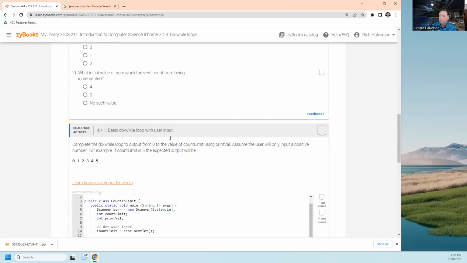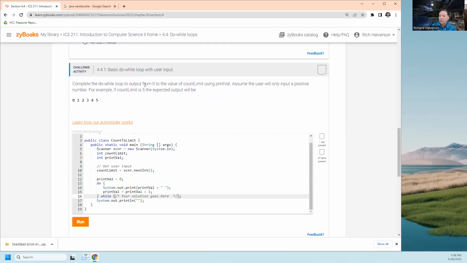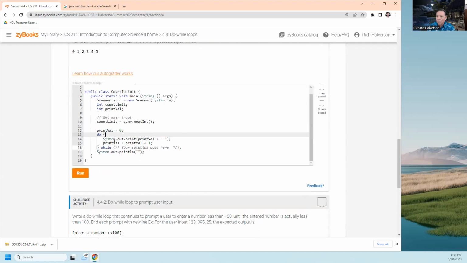Complete the do-while loop to output 0 from 0 to the value of count limit using print val. Assume the user will only input a positive number. For example, if count limit is 5, then the output will look like this. Okay, so we read in a count limit, let's say 5, and start out with 0, and we start a do loop here. We print it out, put a space, and add 1 to it, and we do this